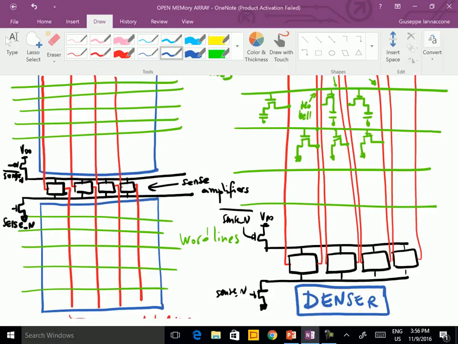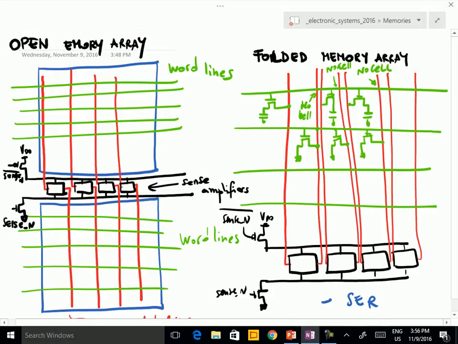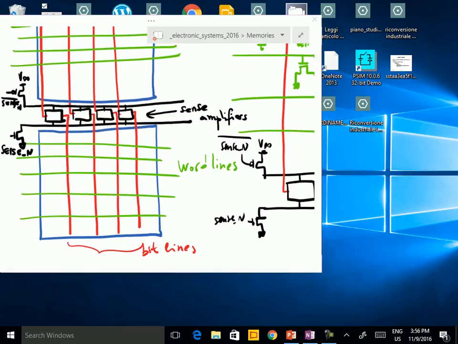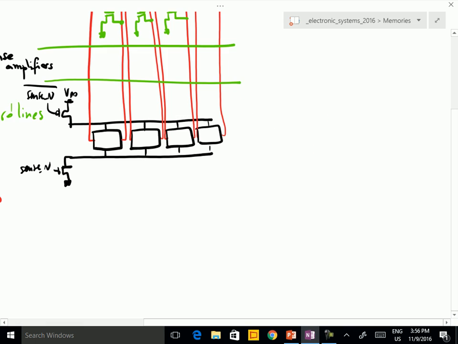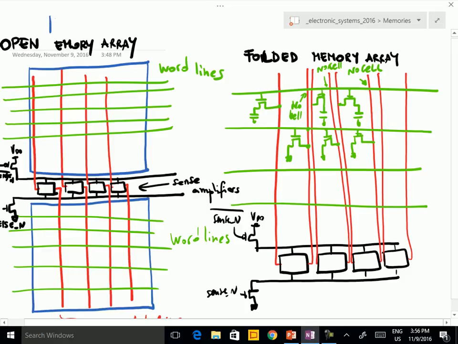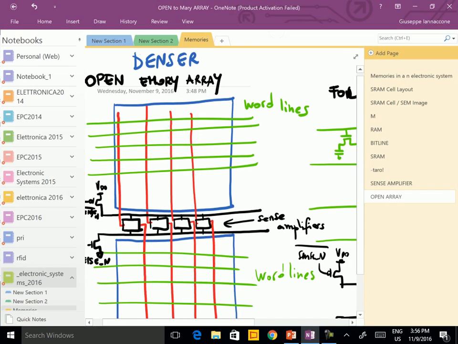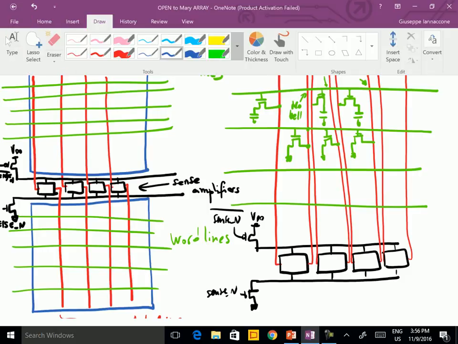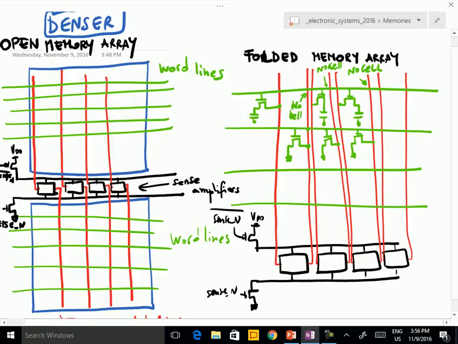I wrote denser in the wrong place. The open is denser. So, let me restate it. The open memory array is denser because we have a memory cell in each crossing, and for the folded memory array, we have a memory cell for half the crossings. So this is denser, and this is one reason why the open memory array is sometimes preferred. Sometimes, not really always,